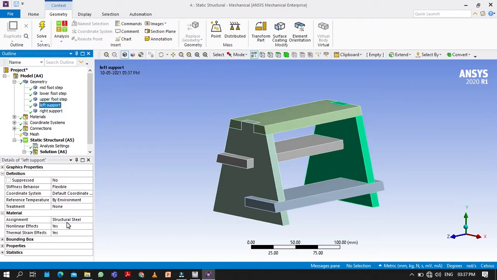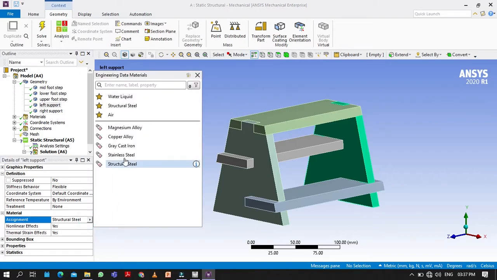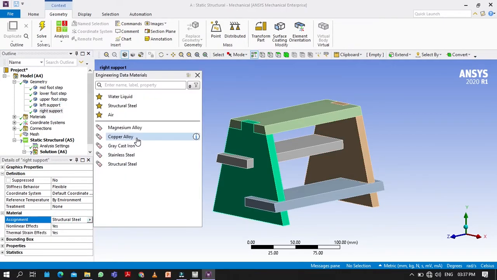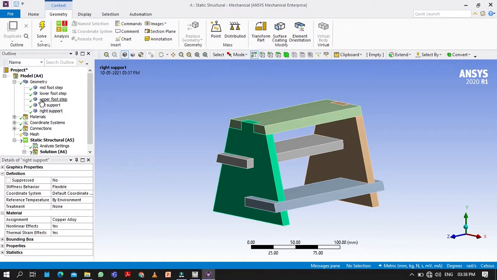Now for left support I will use copper alloy, and for right support I will use copper alloy. Okay, so you will see once you click on this mid footstep, it is assigned as grey cast iron, all these 3. Now left support and right support are copper alloy. So this is how we assign the material for the assembly.